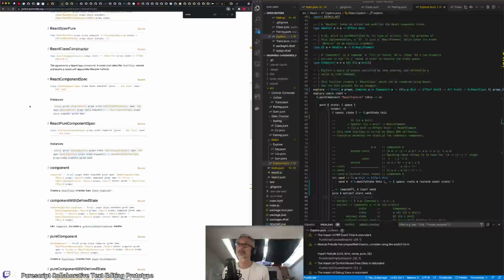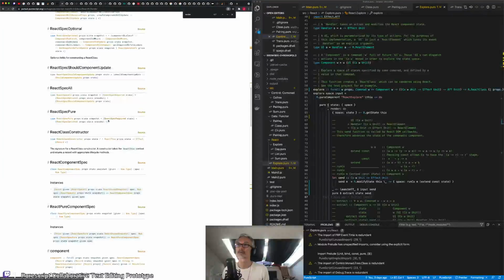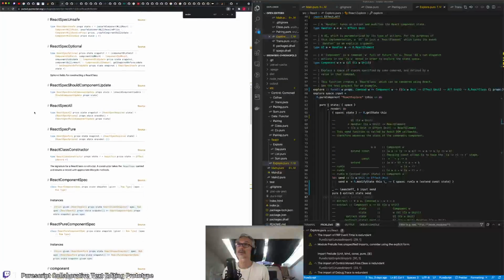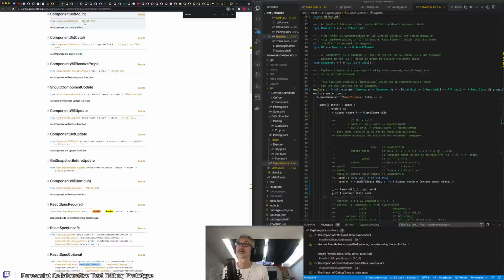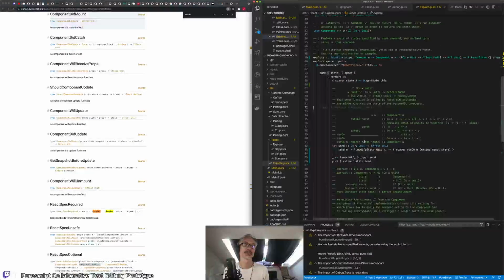Okay, so React spec pure is spec required and spec optional. Spec required we've seen is render and state, and spec optional is all of these guys. So we should be able to do something like component did mount, and then what's on there? That's effect unit. So the problem with that is that